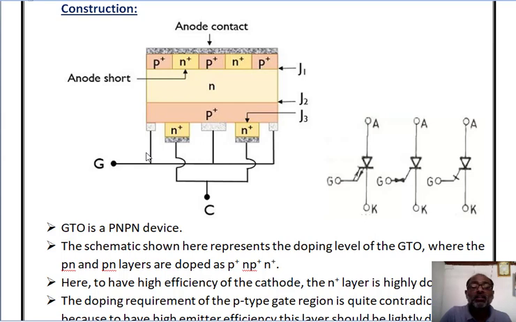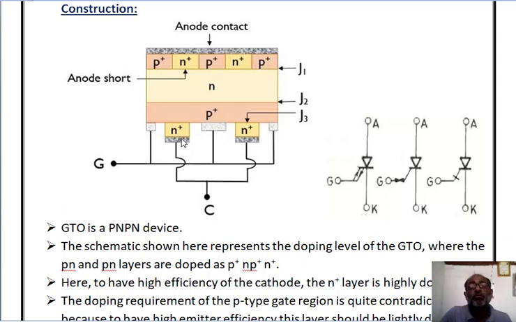So the thyristor will turn off by removing the gate pulse applied to these devices. Now the GTO is used in the inverter. Due to this, the inverter becomes compact and the cost of this inverter is also reduced, because here we are not using any forced commutation to turn off the thyristor or GTO.